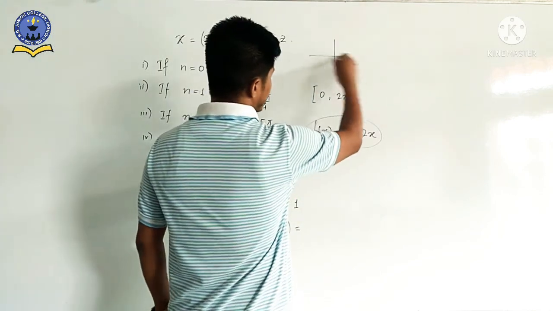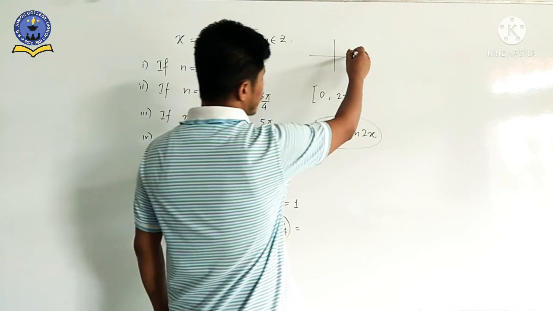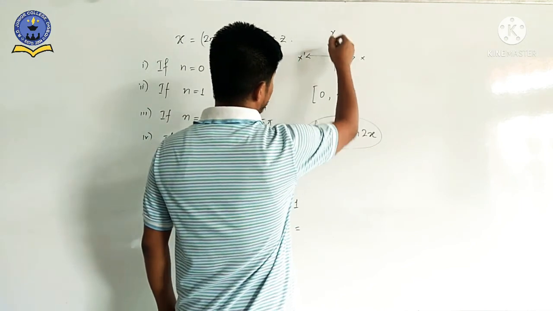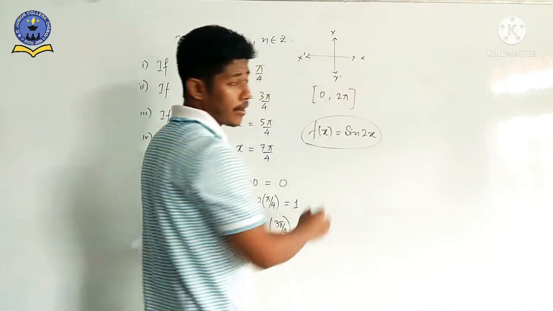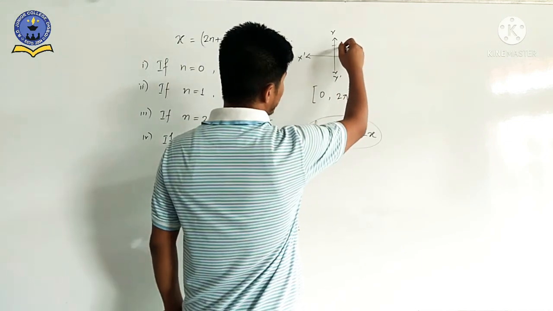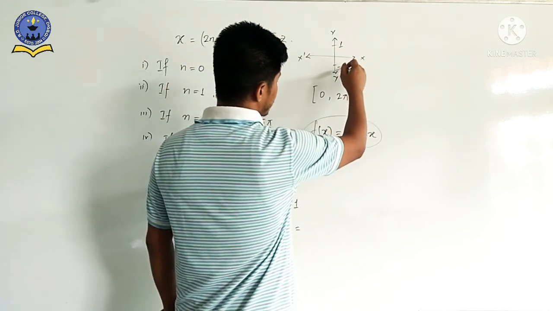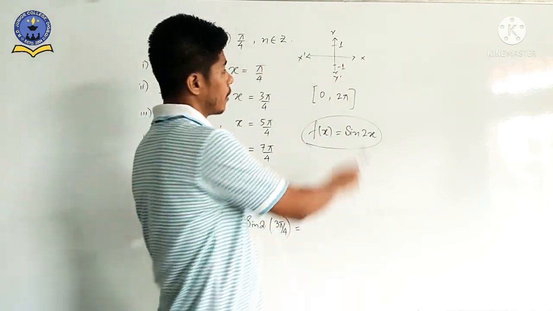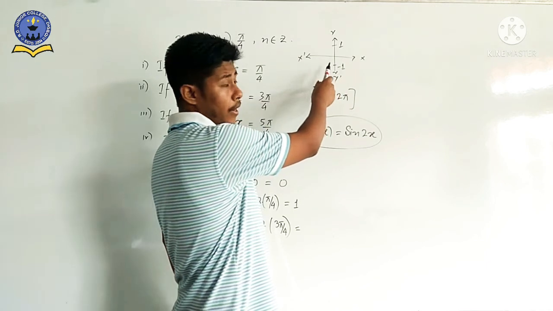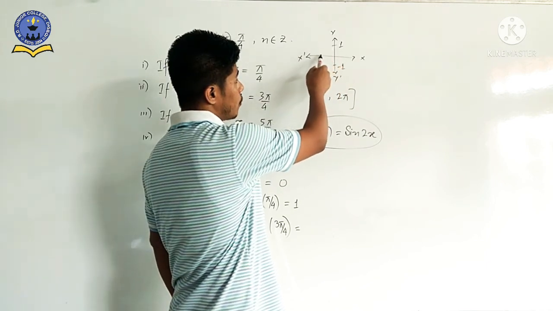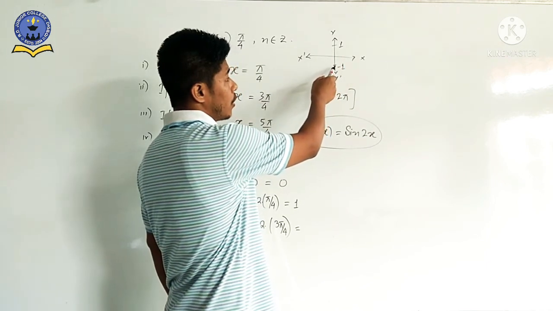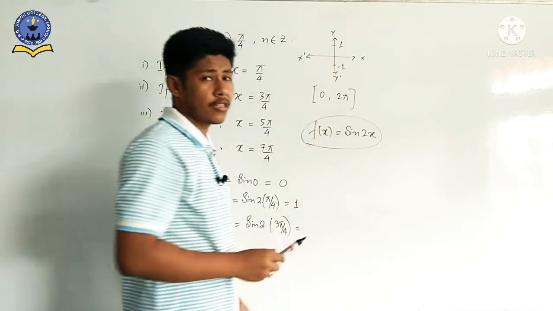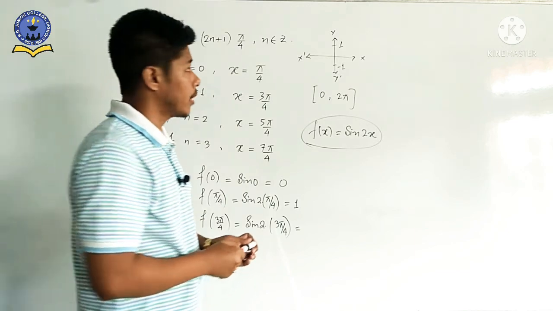You see here the sine values always lie on the y-axis, isn't it? So that means this one is y dash. Here at this place the value of sine is 1, at this place the value of sine is minus 1. So if 90, then 1. If 3 times 90, you see pi by 2, 2 times pi by 2, 3 times pi by 2, minus 1. Then again 4 times pi by 2. Then it is 5 times pi by 2. In this way going on.